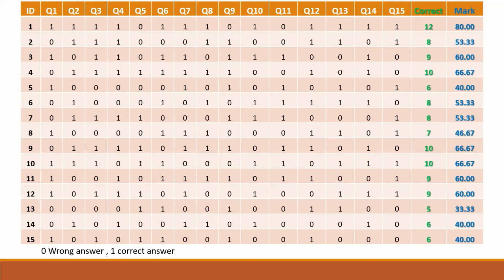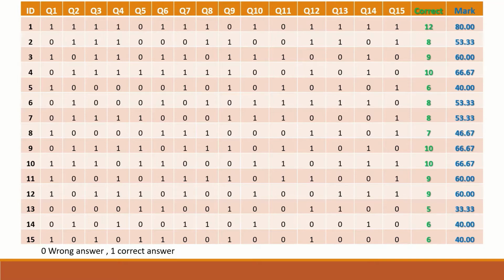To perform the statistical test and calculate the coefficient, we first have to calculate the correct answers that each individual student has achieved, and then add all the question scores for each individual student together, divide them by the total number of questions, in this case 15, and then multiply by 100 to generate the total mark, or the percentage of the total mark, as it is given here in the blue marked values in the column